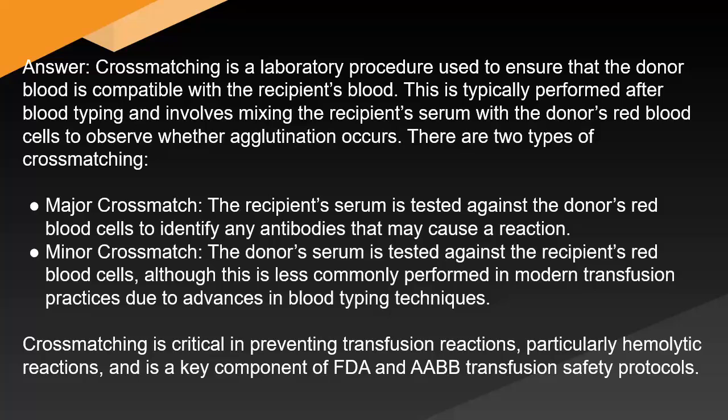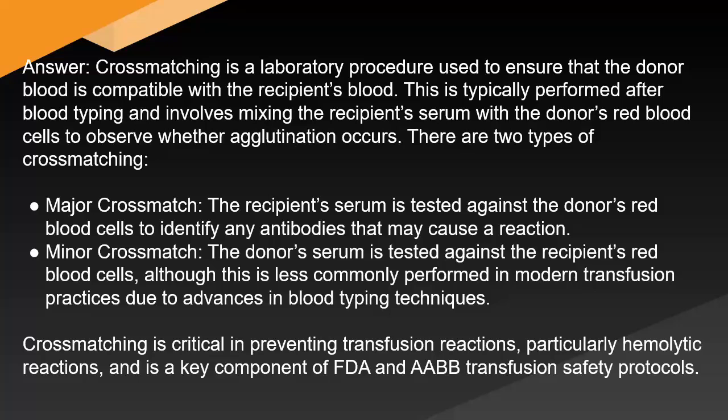Major cross-match: the recipient serum is tested against the donor's red blood cells to identify any antibodies that may cause a reaction. Minor cross-match: the donor serum is tested against the recipient's red blood cells, although this is less commonly performed in modern transfusion practices due to advances in blood typing techniques. Cross-matching is critical in preventing transfusion reactions, particularly hemolytic reactions, and is a key component of FDA and AABB transfusion